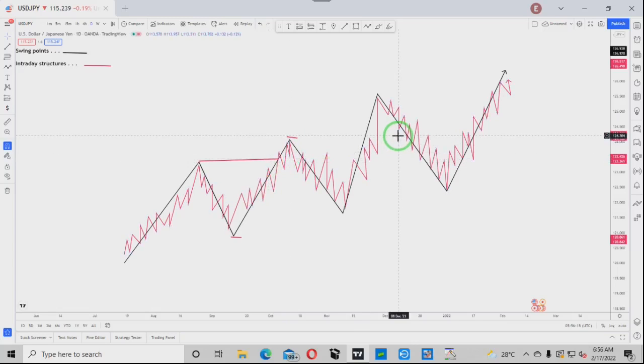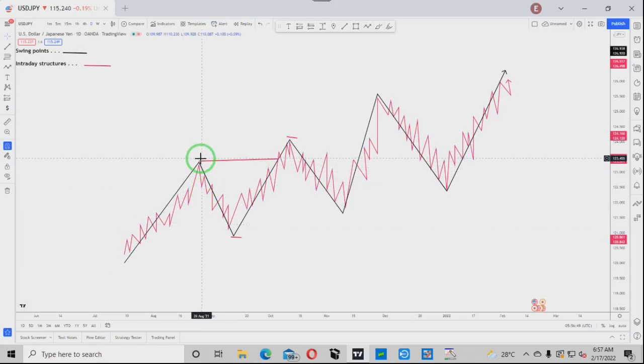Okay, so mark out your swing points on your higher time frame, and now when you drop down to a lower time frame such as M15, I've told you this black line, let's assume it is 4-hour, and this red one is 15M. Right, now as you can see on the 15M, price is breaking the high, making higher highs, higher lows, higher highs, higher lows, in line with this impulsive leg of the higher time frame.